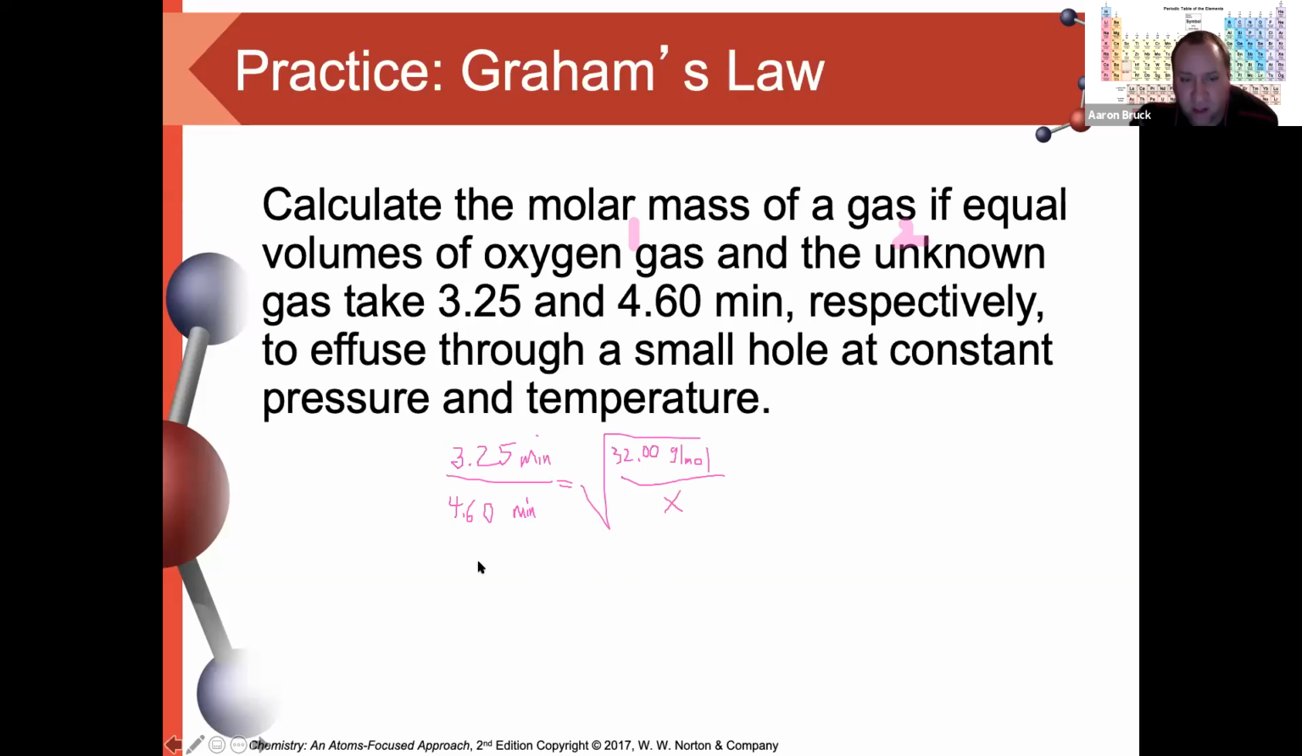Now, the easiest way to handle this is to start by squaring both sides to get rid of the square root. So if I square both sides, I'm going to do the division first. 3.25 divided by 4.60 quantity squared. I get